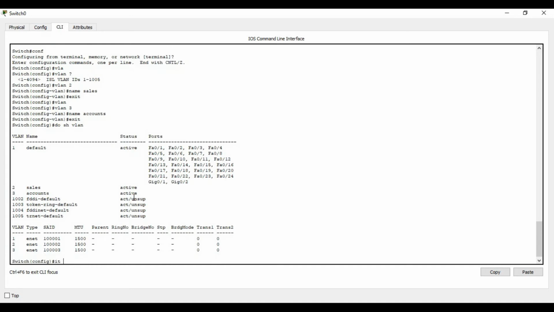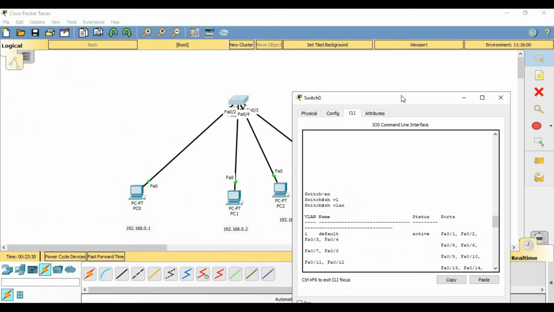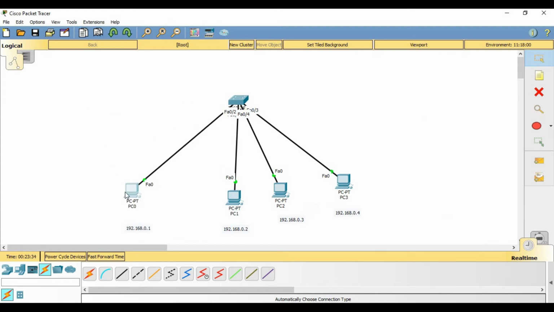For that, we go inside interface Fa0/1, which is this particular interface here. What I want to do right now is put these two devices in VLAN 2 and these two devices in VLAN 3.